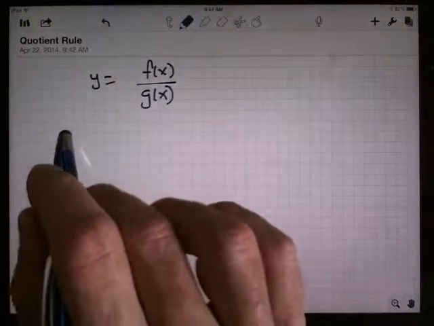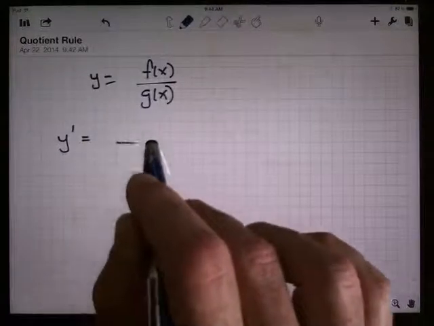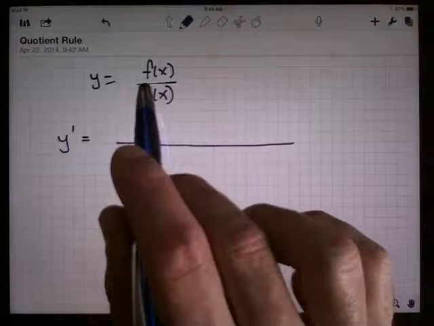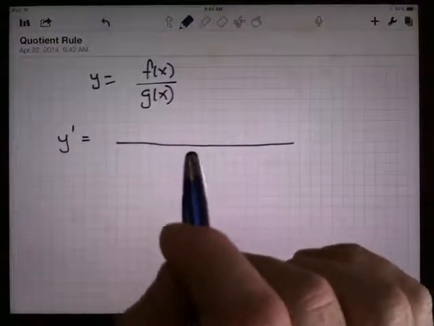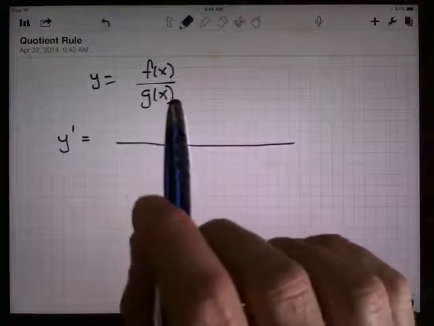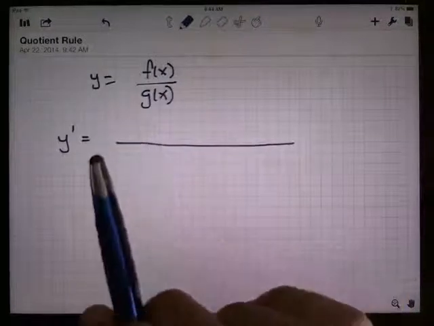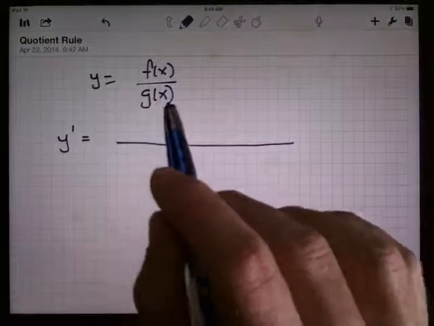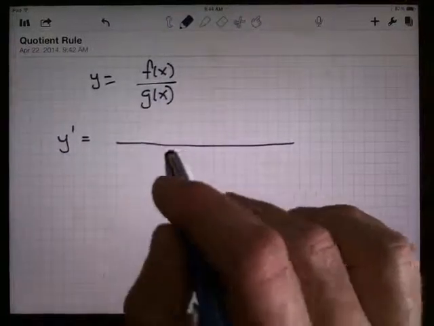How do I do this? What's the derivative? Well, the quotient rule is probably the most complicated of the basic rules that we look at here. And as we do more, we'll understand why they work the way they do. Actually, the quotient rule and the product rule are very closely related, although they don't immediately look it, I guess. But once we have this thing called the chain rule, we'll be able to do them and show how they